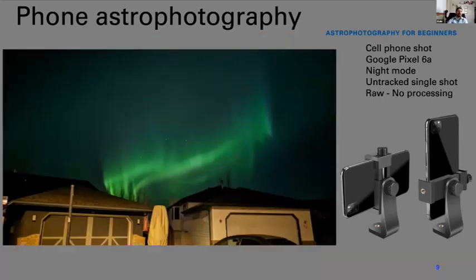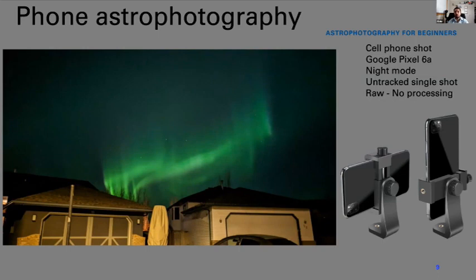No, and for these ones, I don't think I used any zoom, but I may have selected the 2x option. I think if you select the 2x option on my Google Pixel 6a phone, it simply uses digital zoom to zoom in more. I don't think it has optical zoom, but you can use it. I do find, though, that the wide angle cameras tend to be better sometimes because they usually have a faster lens. But if your target is small or the aurora is concentrated in one part of the sky, then you can hit the 2x option.